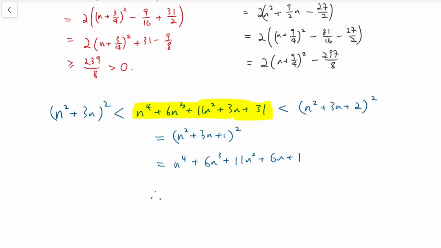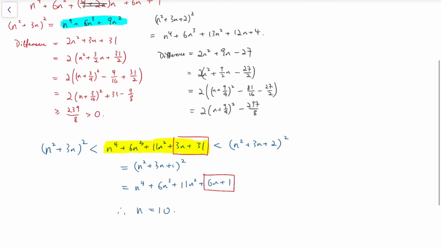And the only case that allows this to happen is that these two terms on the left are equal to those two terms on the right. So solving, we have n equals 10 among the majority case. Now the final question is, where are the so-called minority cases? The minority cases come from